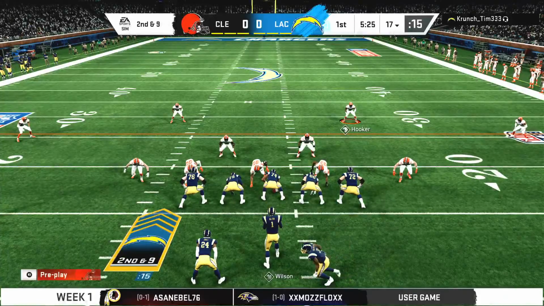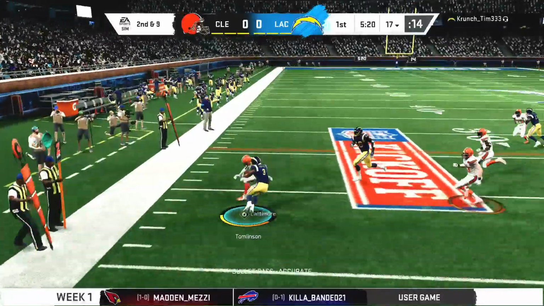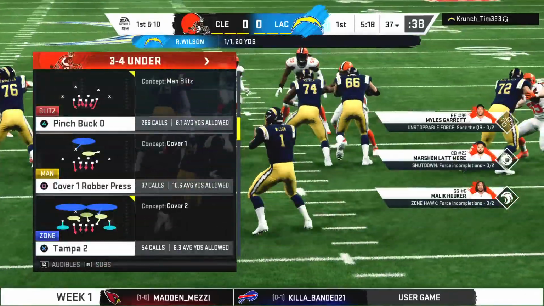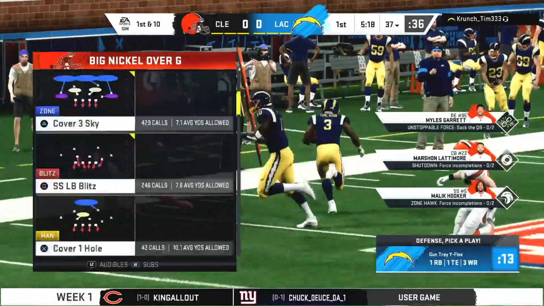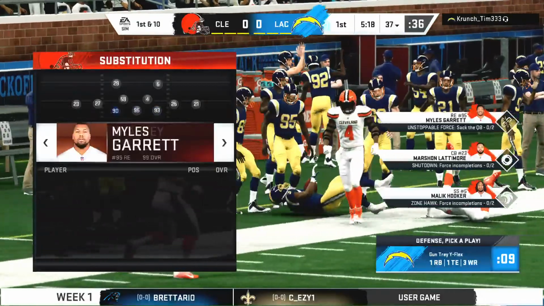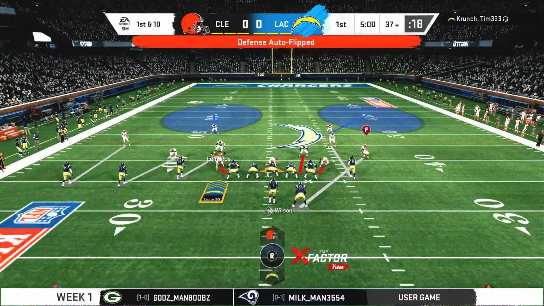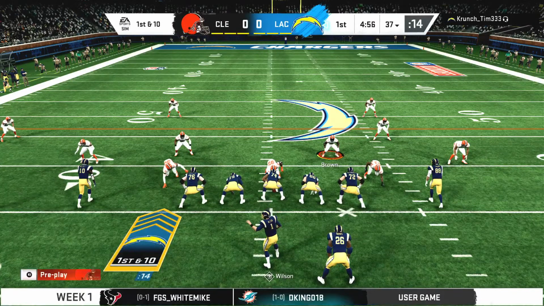Tempo. At the 17. Wilson going to fake the give and keep it himself. That one's complete to Tomlinson. That one a gain of 20 and a first down. And a nice start there to the aerial attack to pick up the first. And I think preseason is officially over now. Getting into the groove of the regular season, that's a great way to get started. First drive of the season, what a nice completion. Line of scrimmage, the 37 on 1st and